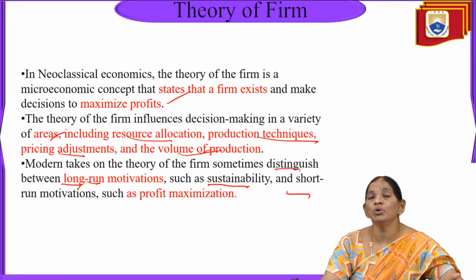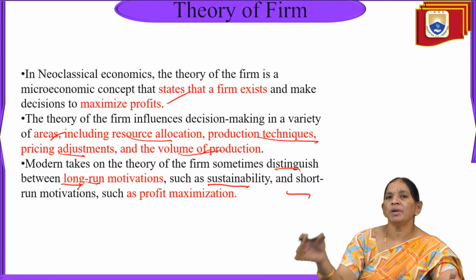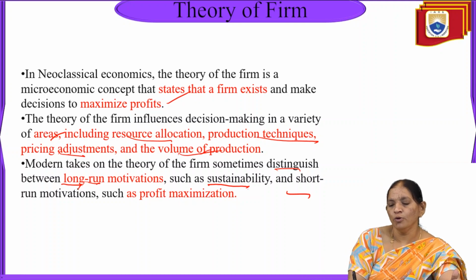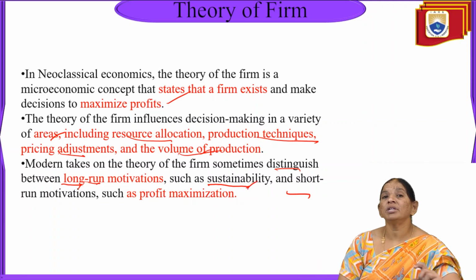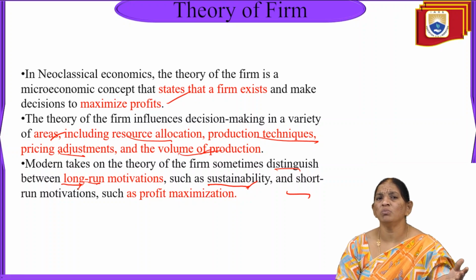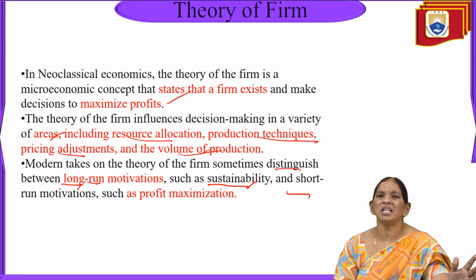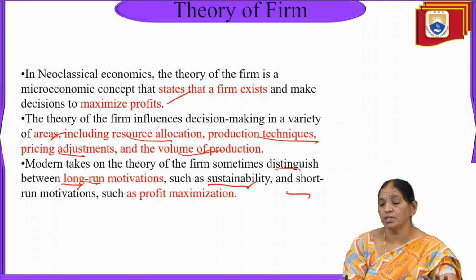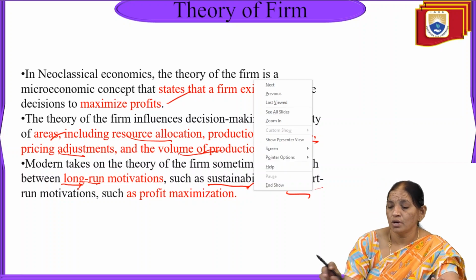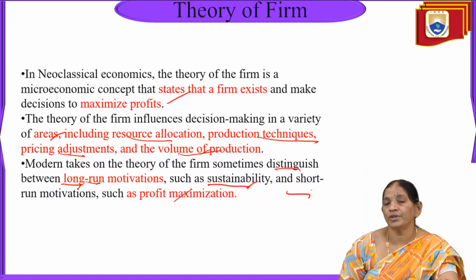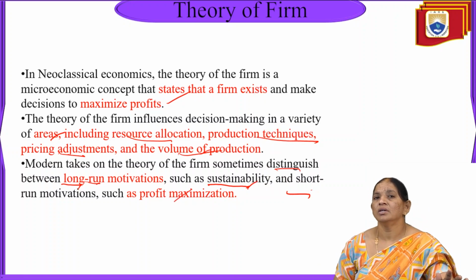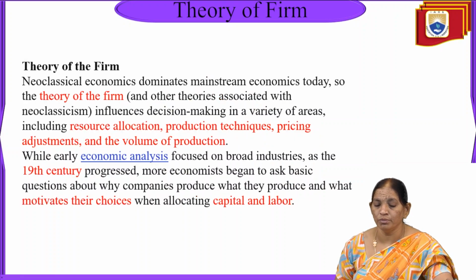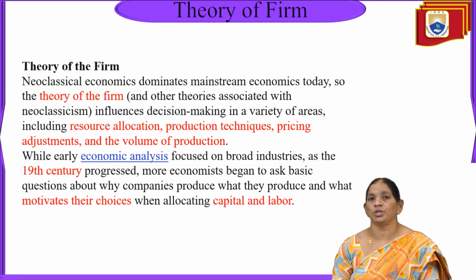So the long run motivators want to stabilize their industry or firm in the external market, they go for sustainability. But the people who are having a short term motivation, maybe I produce the goods, I'll sell in the market and I'll leave the market. So this type of motivator, that is called short term motivators, always wants to go for profit maximization. So these are the two types of motivators in the theory of the firm relating to their nature.